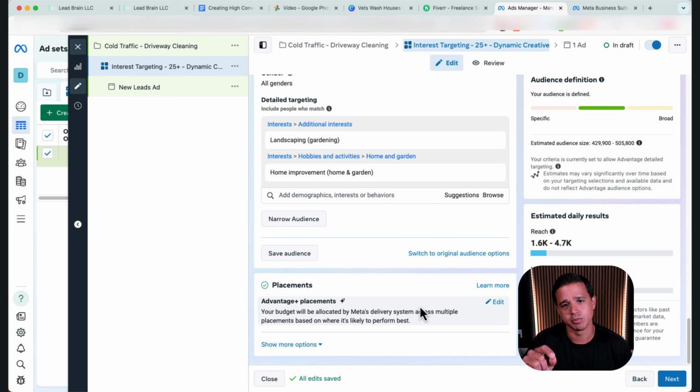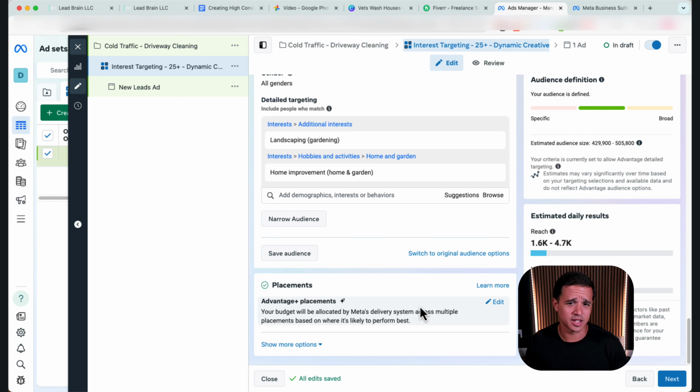Because advantage placements also includes what's called the Facebook Audience Network. Like, I don't know if you've ever played Candy Crush or something, and then you've been presented with an ad. Sometimes games like that, I'm not saying Candy Crush is, but they're partners to Facebook or Meta, and they'll present your ad in those situations. And there's a theory that Candy Crush would be incentivized to send Facebook leads, so some of them cheat the system and fill out forms fraudulently so that they can show Facebook, hey, we're providing you value, keep sending us ads, we'll sell you ad space, right?